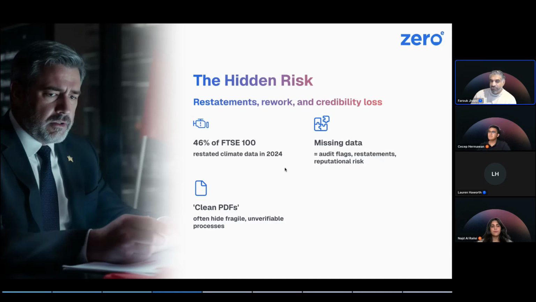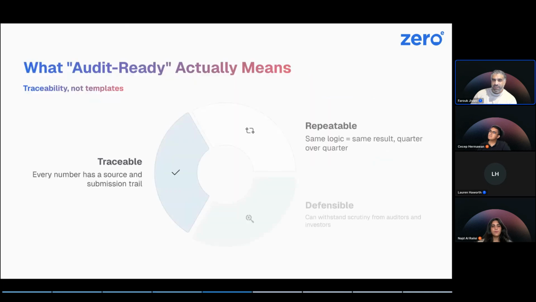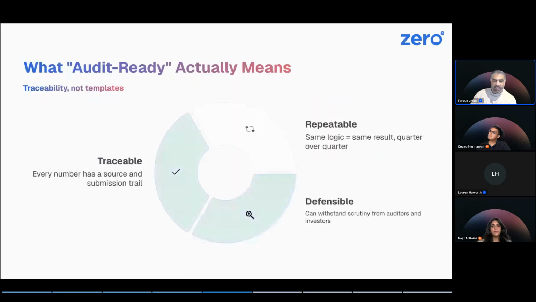But if we move on and look at what audit ready actually means, and I'll touch on that with both of you: when we say audit ready, what do teams think it means, and what does it actually mean? Sure. I think the first instinct when we hear that anything is audit ready is